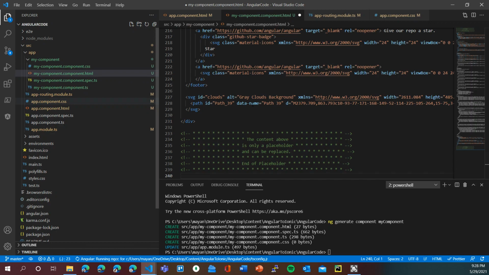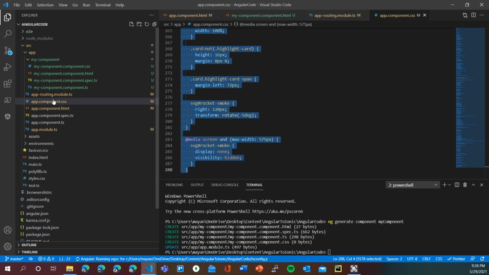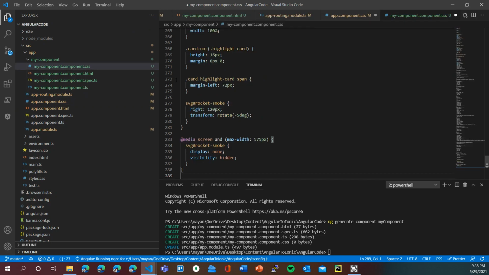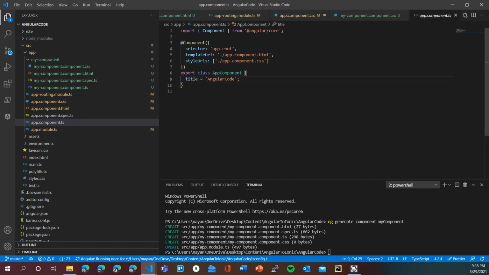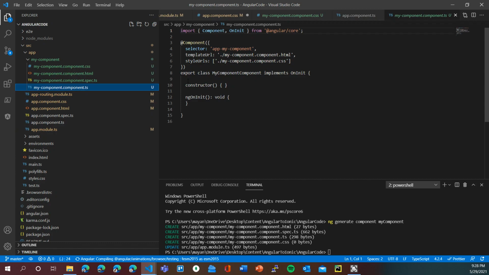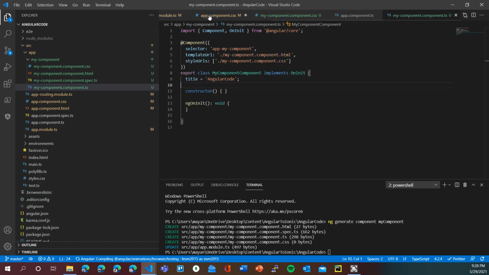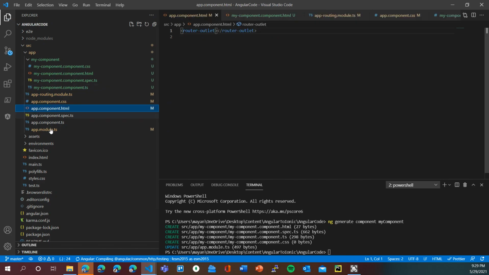Also, the CSS code will be transferred from app.component.css to my-component.css. Also, from app.component.ts, I'll need to transfer the title to my-component.ts. So once we have done all of this, we are ready to transfer the code from Angular to Ionic.